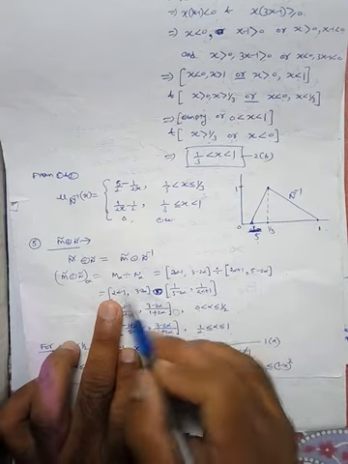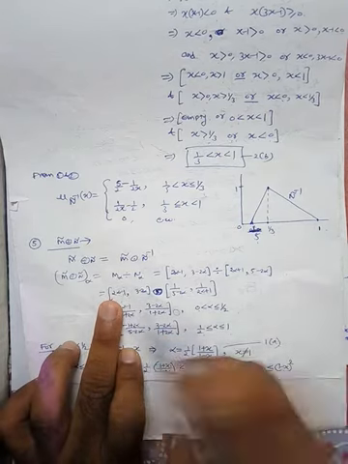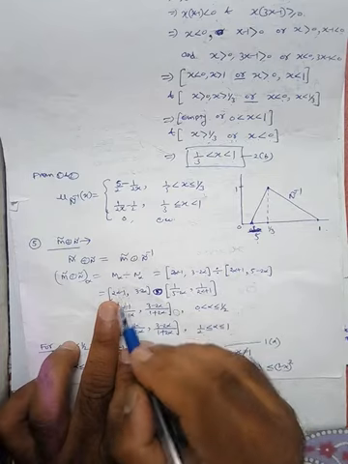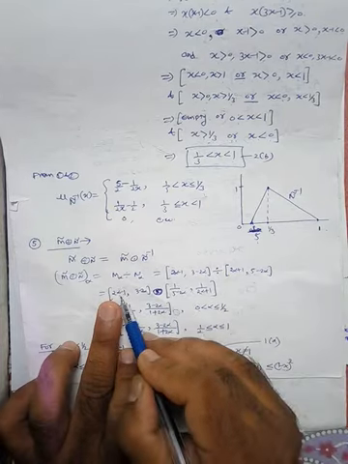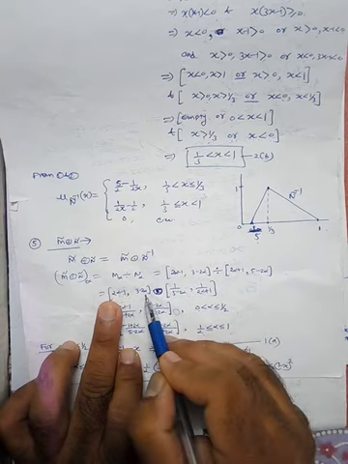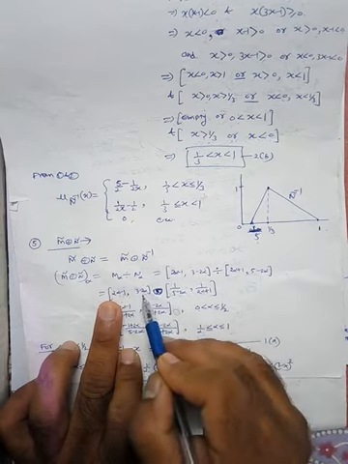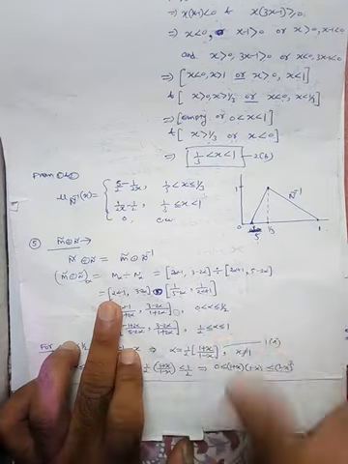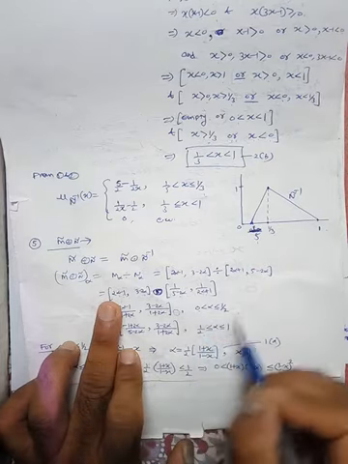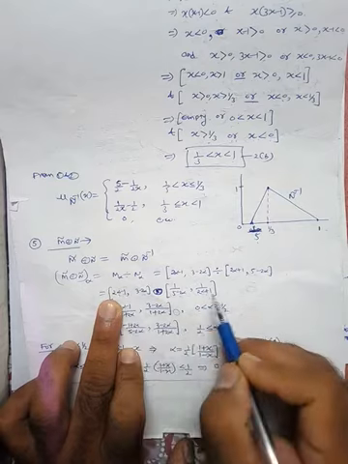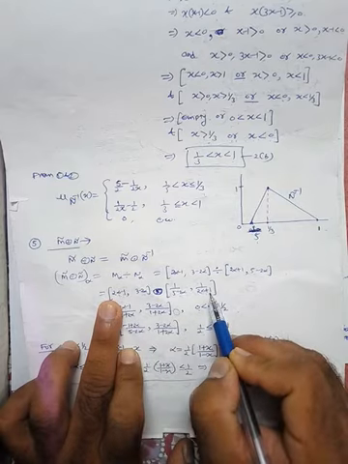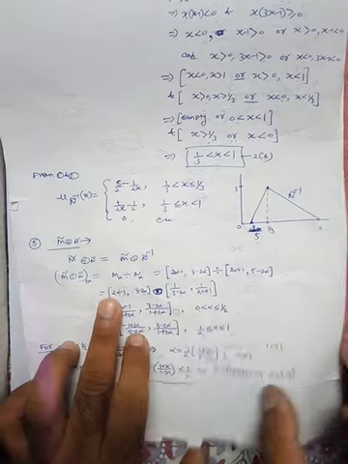Okay, so now take the product. We have to take the 4 possible combinations: 2 alpha minus 1 into this, 2 alpha minus 1 into this, 3 minus 2 alpha into this, and 3 minus 2 alpha into this. Among these 4 possible combinations, for this choice of range, the minimum value will be this into this. So this will give you the minimum value.